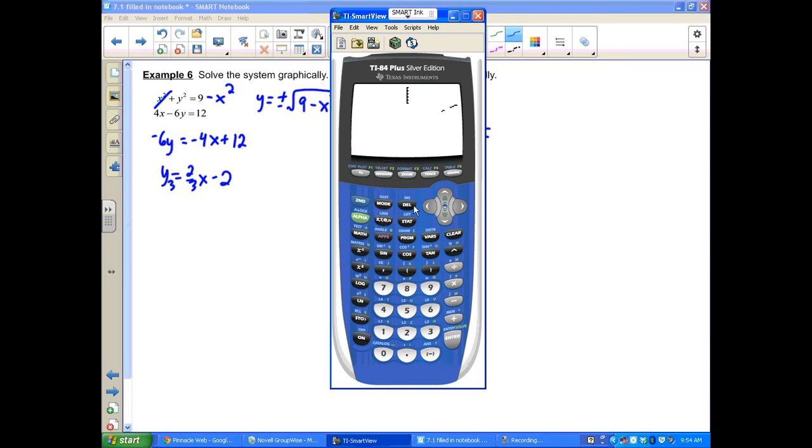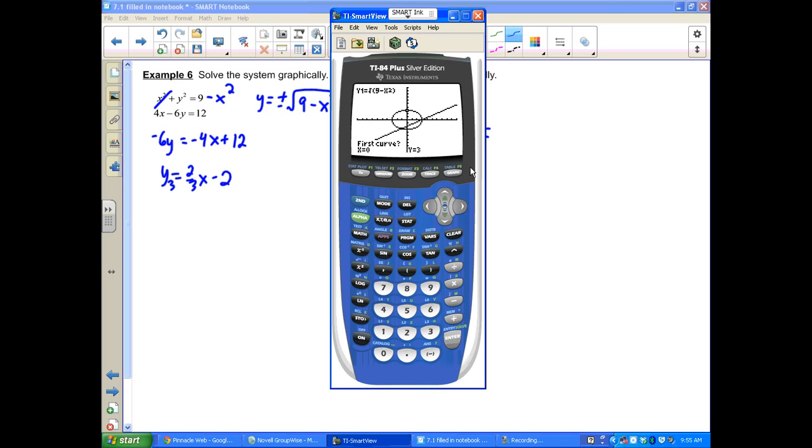If you have it where it does it sequentially, then you can actually see what is being graphed when. Notice the top half of my circle was graphed first, then the bottom half of my circle, and then the line. Now when we find intersection points on our calculator, we go to second trace, and we go down to intersect,